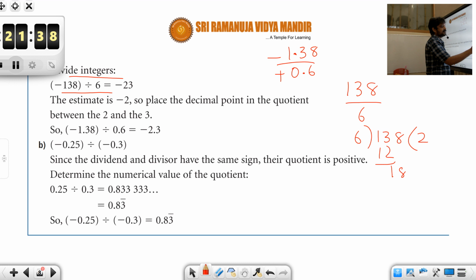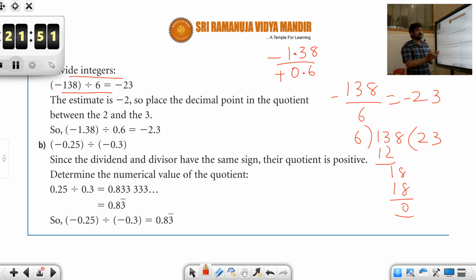And we know that the sign is negative. Then just now we have seen the compatible numbers. The answer would be approximately near 2. So it should not be near 23, it should be near 2. So put a decimal after 2, after one digit. If the answer is near 23, then you will leave it like that. If the answer is somewhere near 0, you will be putting the decimal over here.